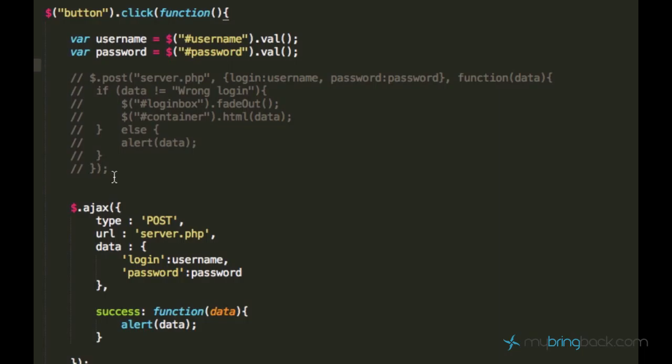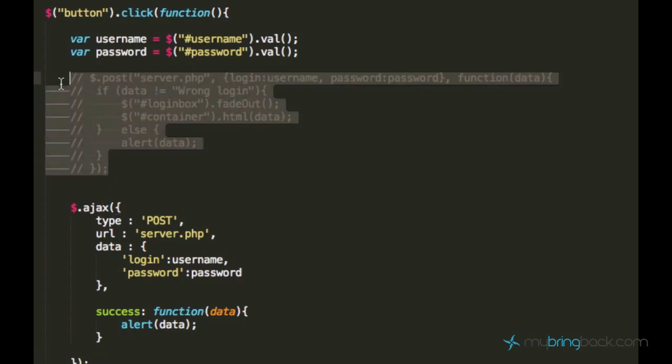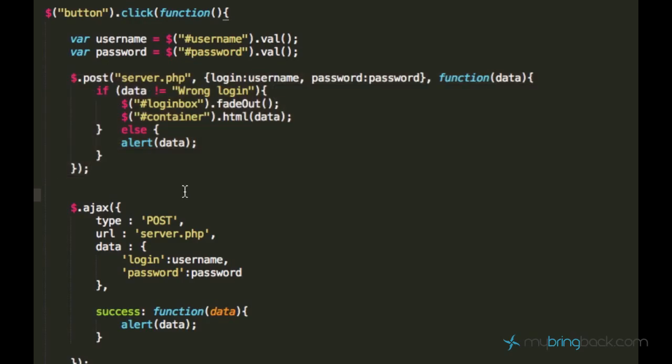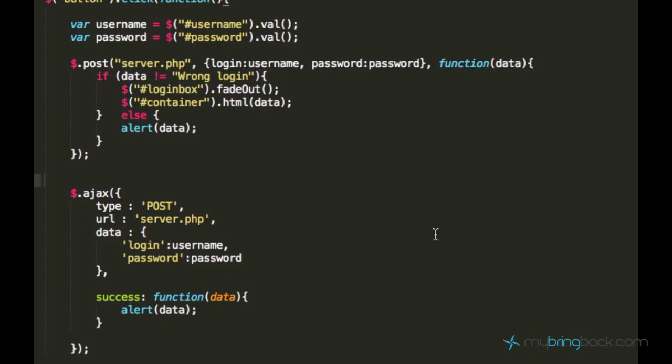And probably one of the advantages of using this type of function to perform an AJAX request is that you see all the parameters, like type of request and URL and data, what you send. So it's just better to understand this code. But for me personally, I use this post request because I mostly work with post requests when I use jQuery, and that's why I'm more familiar with the post request than with this AJAX request, even though they do the same. Alright guys, and this was one of your last tutorials on AJAX,